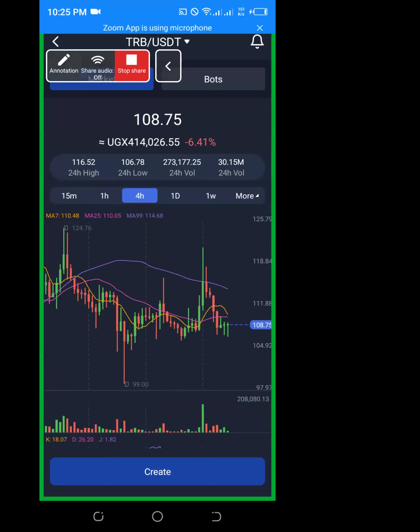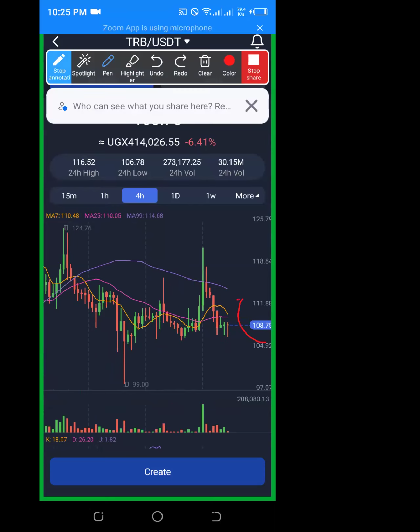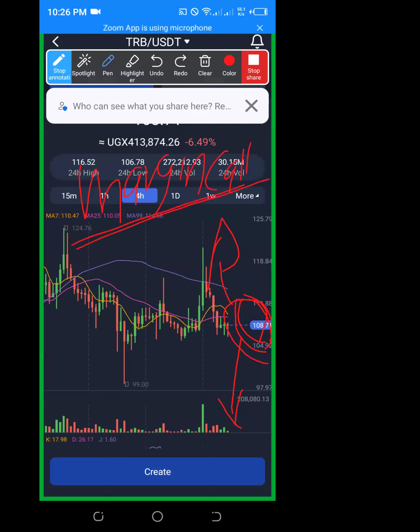So now you come here. Are you seeing the current price of this coin? If I enter this currency at the current price, I don't control the market. It can continue to go either up or down. But I want to be safe in the market. Since I don't control it, I'll introduce what we call the margin calls. The margin calls are the number of times you want the robot to keep buying where the market continues to go down.